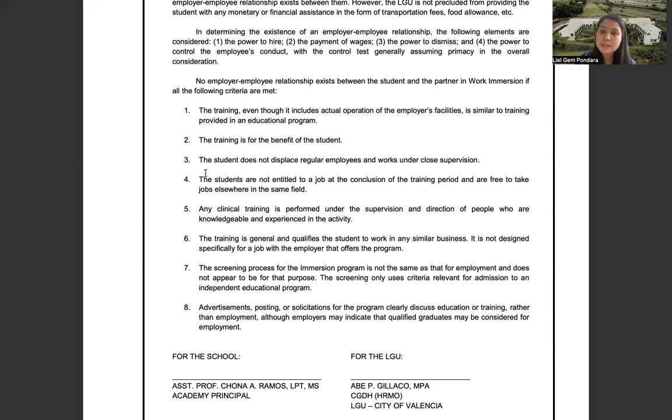So it doesn't mean that if you'll be assigned to a specific office, your supervisor will no longer report to work. No, your supervisor will still be there to guide you, unless your work immersion venue will be at your home, so it's okay, or at your sari-sari store, it's okay. But in a regular job, you should be closely supervised.